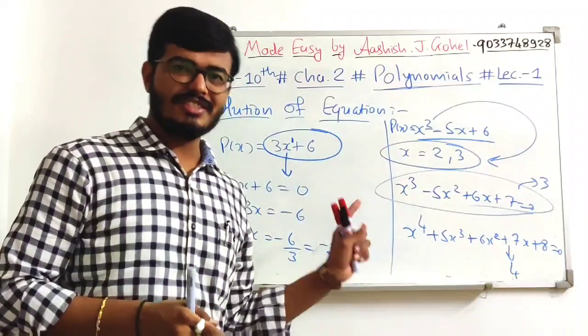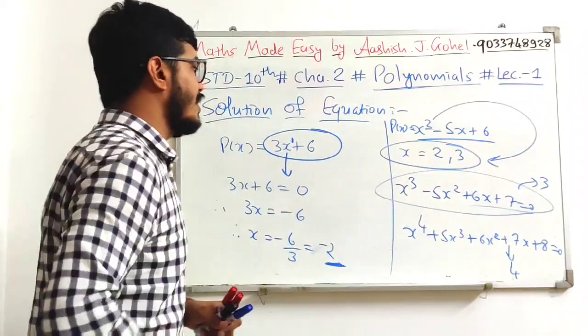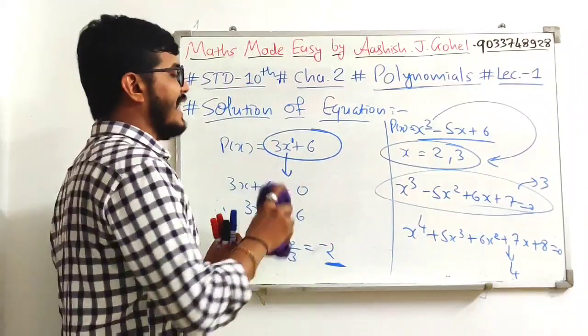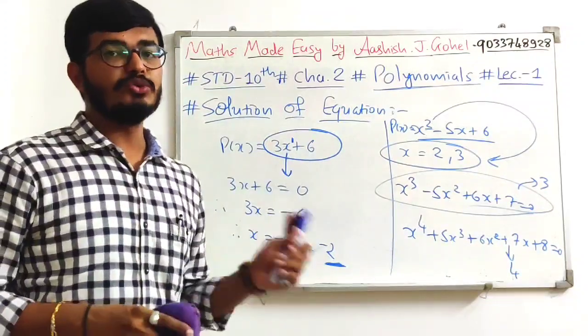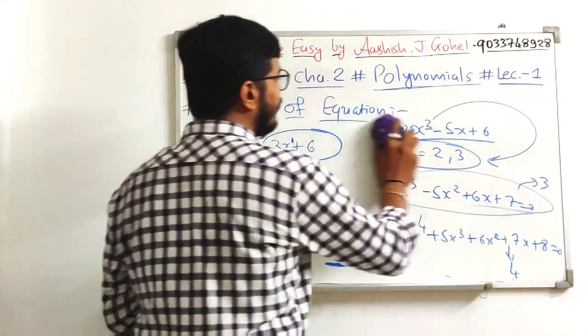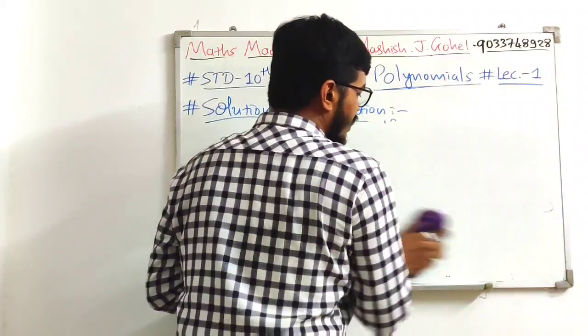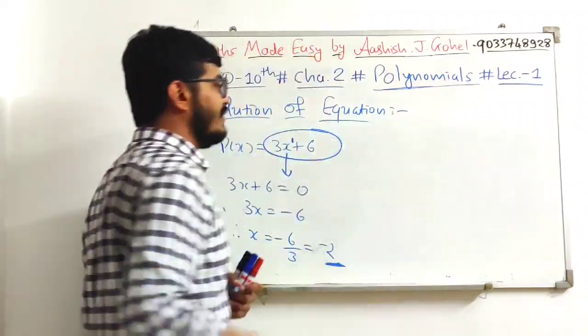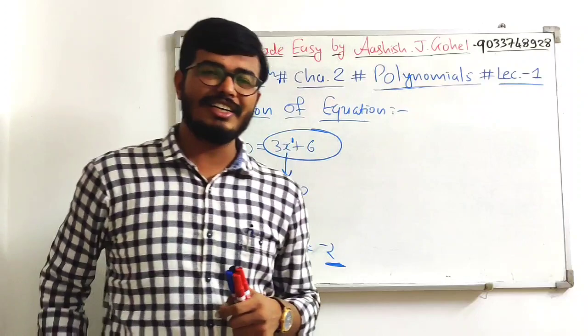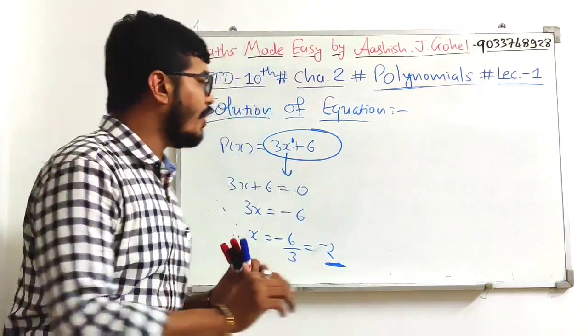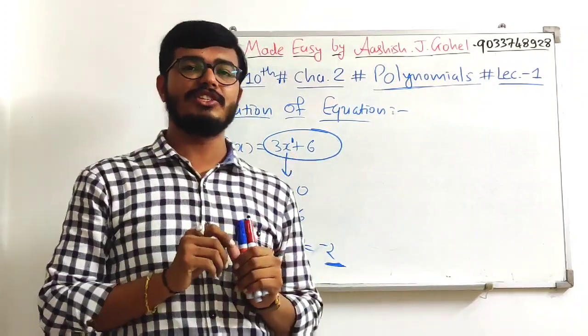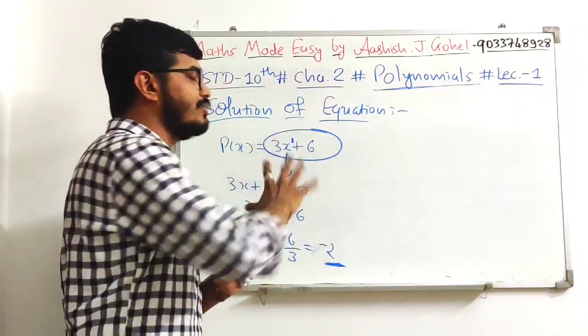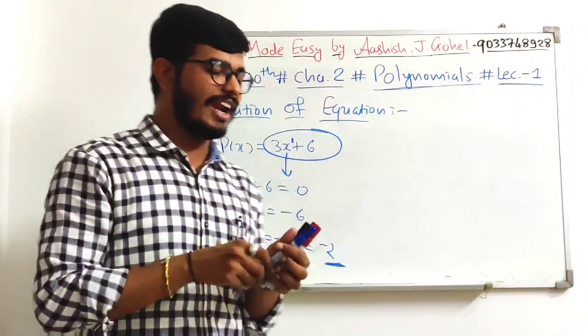Okay, understood this? We'll go to the next topic now: why we need to make any equation 0 to find the solution. For that we need to take help of a graph. The graph of a linear equation will be a straight line. Actually, that is the reason we call these equations linear equations, because the graph of this kind of equation will be a straight line.